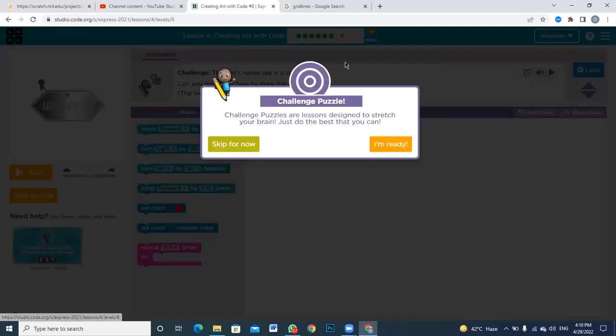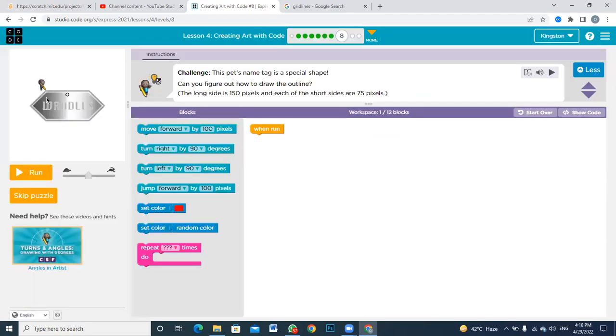After that, we have a challenge exercise. Challenge puzzles are lessons designed to stretch your brain. Now this is where you have to think. Now you would be able to see that we now have to mark 6 sides and not 3 sides. We have to mark 6 sides. But these 6 sides are identical. First,